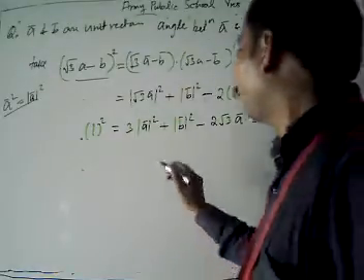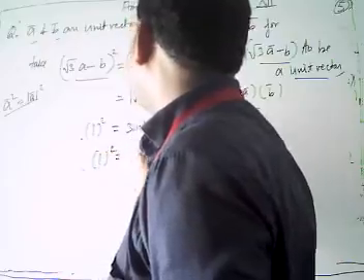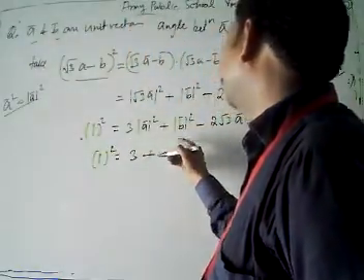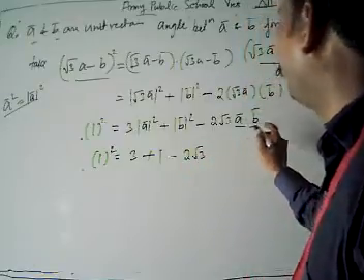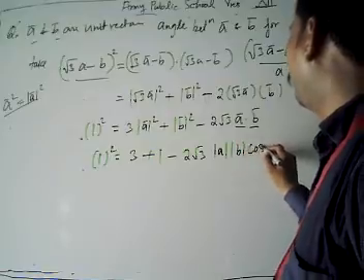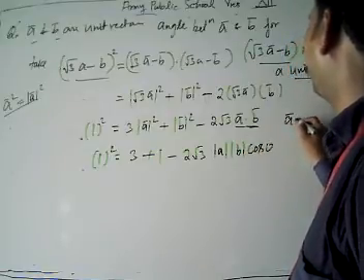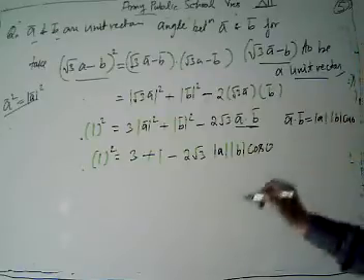Now look, also A and B are given as unit vectors. Then 1 squared is equal to what? Its value is also 1. So 3 into 1, plus 1, minus 2√3 times the vector A·B. But what about the vector A·B? We get mod of A, mod of B and cos theta, because the vector A·B is defined as mod of A, mod of B, cos theta.